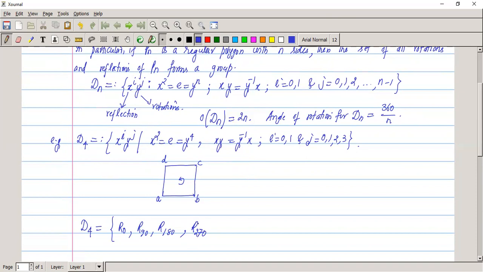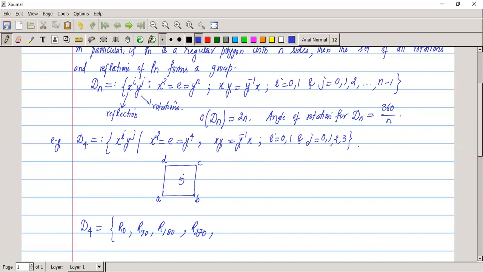And when we rotate this figure 270 degrees, after making a rotation of 270, when we rotate it again by a 90 degree rotation, it will give us a rotation of 360 degrees, but that shall again become the identity element. So therefore there are only 4 rotations here, and there are also 4 reflections here. Now since we have denoted in our general definition the reflection by x, so we shall have actually